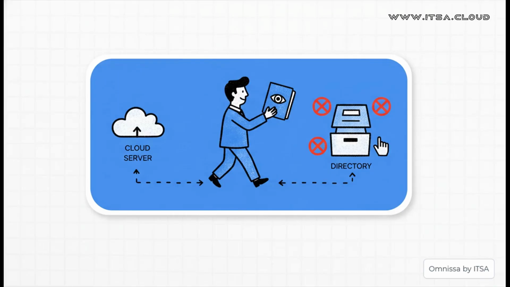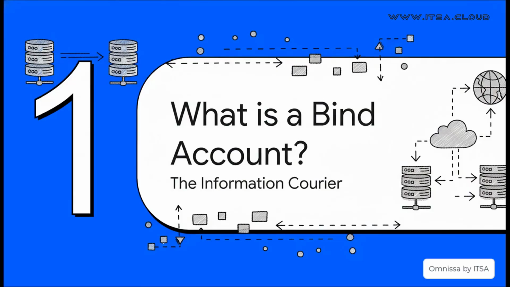I want you to imagine giving someone a special passport to every single corner of your organization's digital world. They can go anywhere, read any file, confirm any identity, but they have one unbreakable rule. They cannot change a single thing. Not one word. They are a trusted envoy, an information gatherer, and we call it the Domain Bind account. Okay, let's really dive in and unpack this thing. What exactly is this account, and what makes it so special?